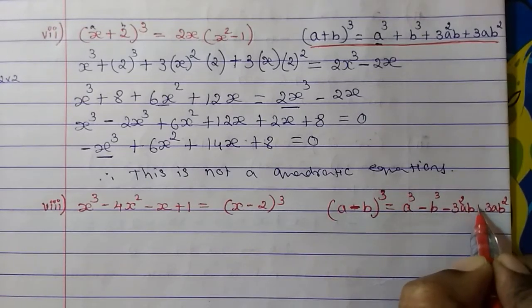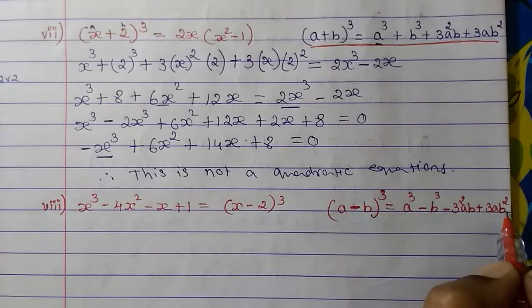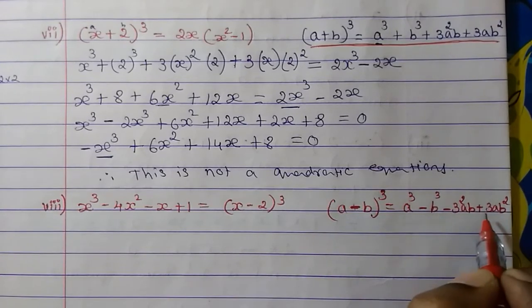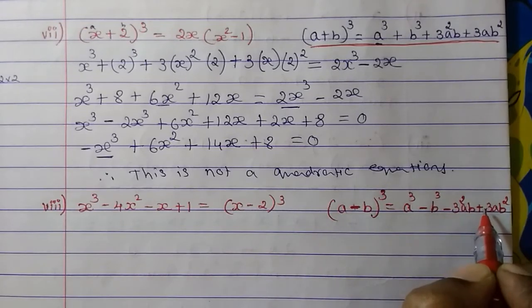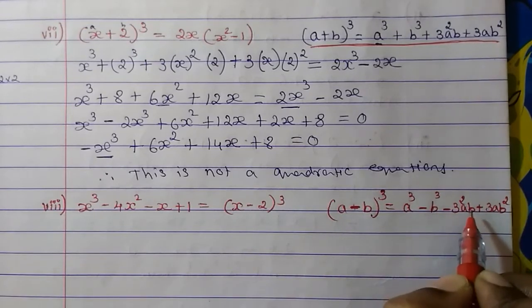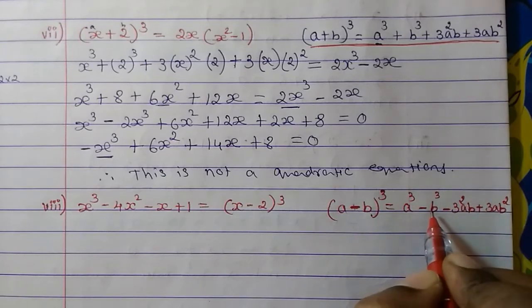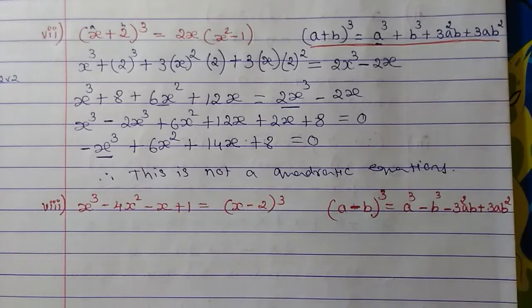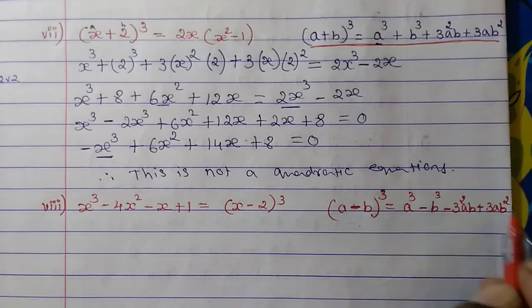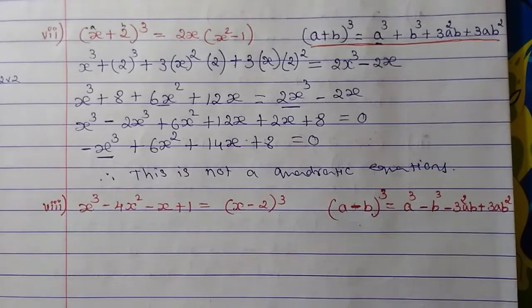But then here it will become plus. Why? Because b square. So if you put minus, then minus square will become plus only. So it will become plus here. Here it is a b single, so minus remains the same. Here it is a cube, so twice it will become plus. Then one more time is there, so it becomes minus only. So is it clear? So that's how to remember this identity.